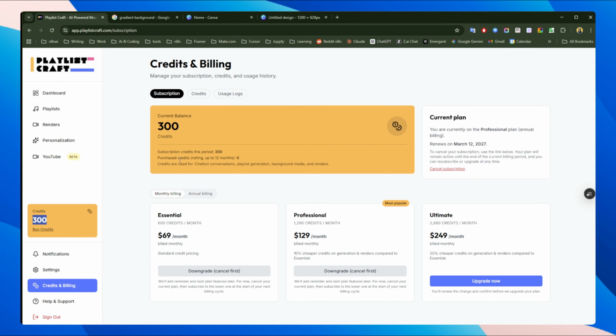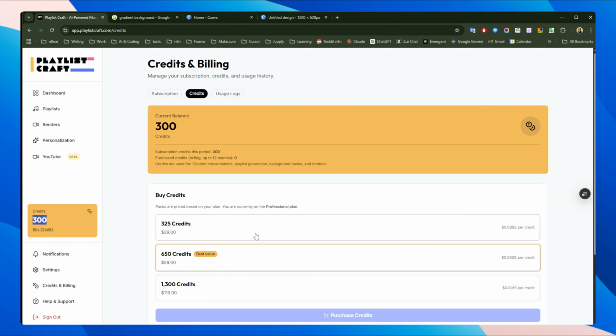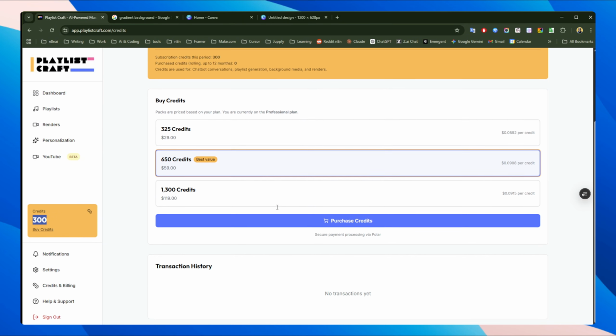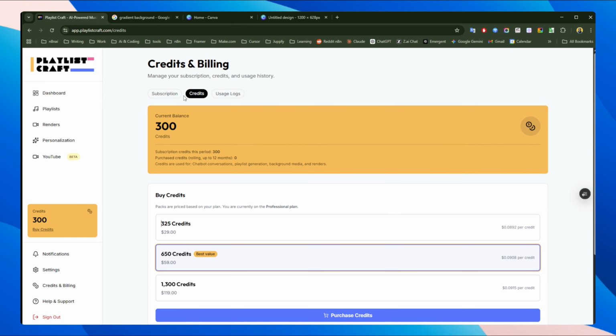Now, you cannot buy credits if you have not subscribed to a plan, because these packs are calculated based on the plan that you're subscribed to. The reason is that we unfortunately are not able to cater for hosting for people who are just going to use the platform to buy credits and then disappear, because we are hosting the files for you